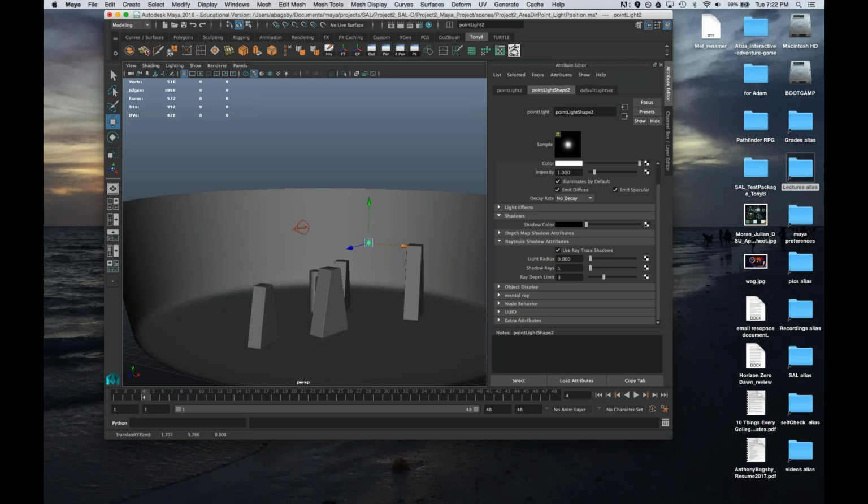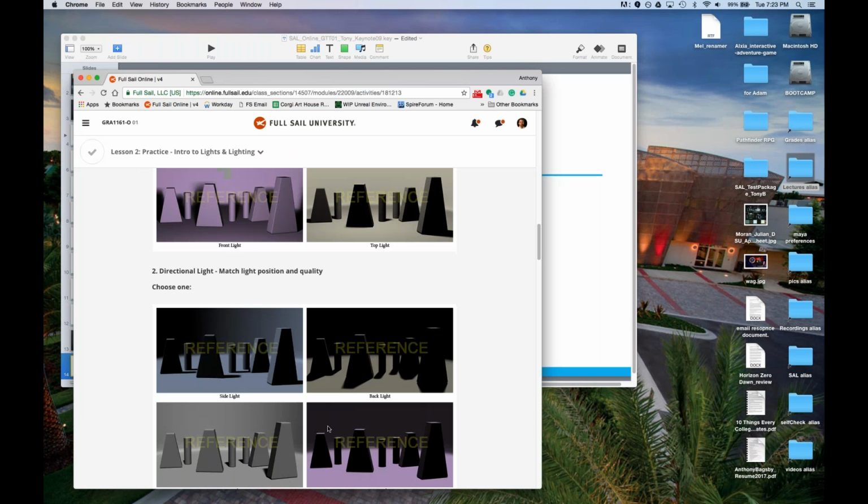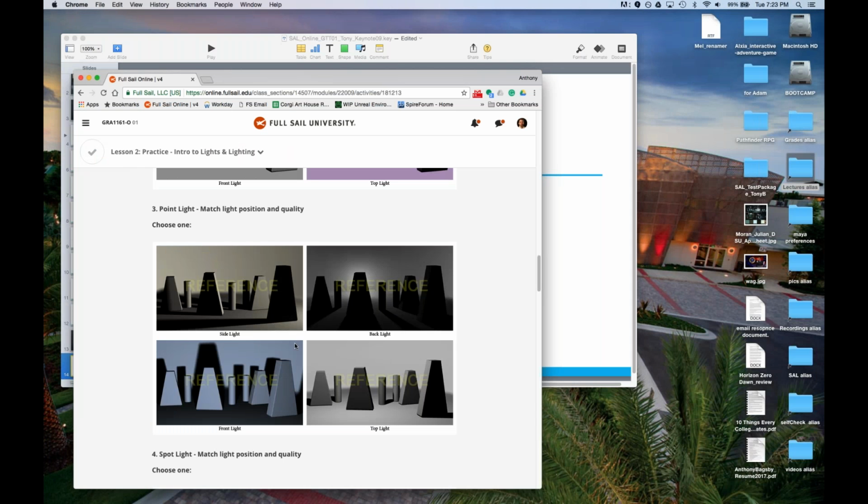So William, you have to do 5. For everybody in the video, William is asking, he says his understanding of the assignment is that we can pick references and match the lighting. So for your 5th composition, yes, you pick a reference and you match the lighting. I recommend Film Noir. For the first 4, you are going to be given a reference. If you look on FSO, you actually download these when you download the project, but these are the references, and you're going to be matching them exactly with your assignment.